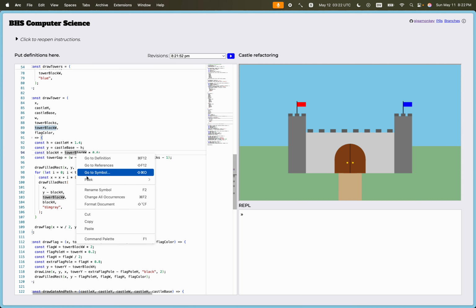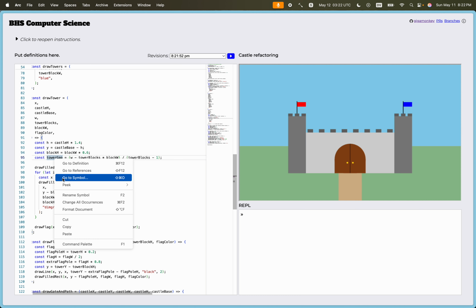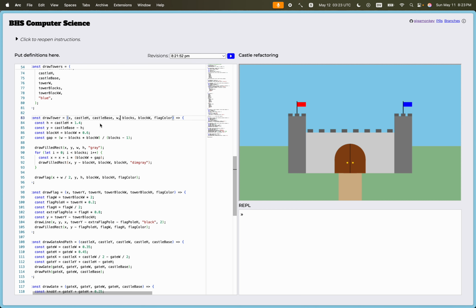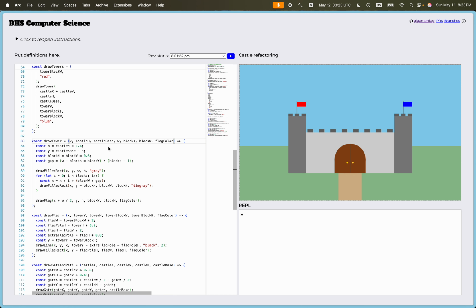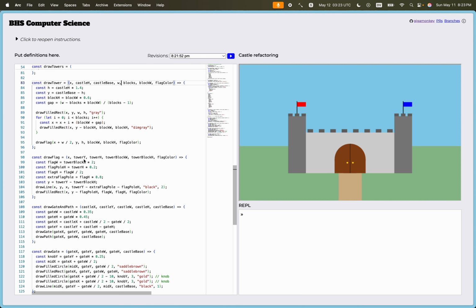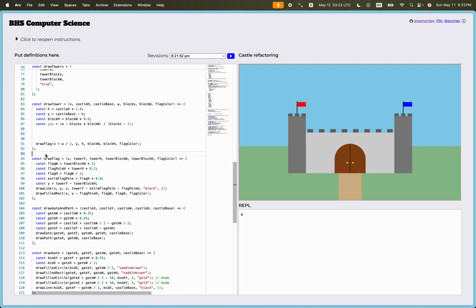Basically just getting rid of the tower prefix to make all these things shorter. Rename that to blocks. All right, but we leave the castle prefix on castle H and castle base because those are not the tower thing. Those are the castle things. All right, and so now these lines are a lot shorter, and we can extract this thing, which draws